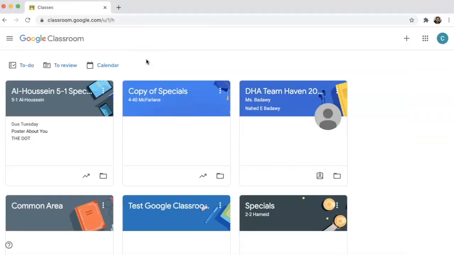Before you begin to export grades, you have to link your Google Classroom to your class and your student information system. There are two ways to do this. The first way is to create a new class. Head over to the Add button, choose Create a Class,